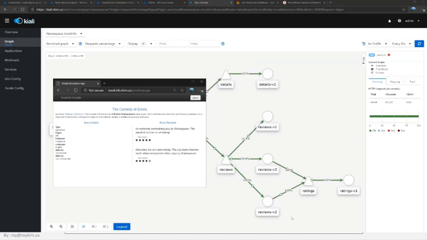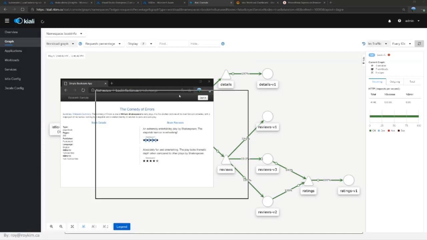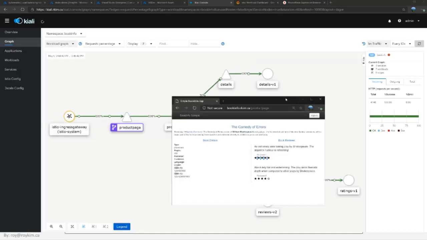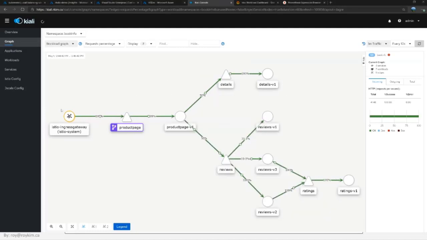And then this service goes to another service for ratings, to show the number of stars on your page. So that's a demonstration of that Bookinfo app using this Kiali tool, which is again hosted